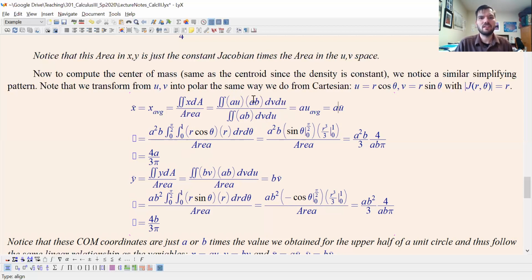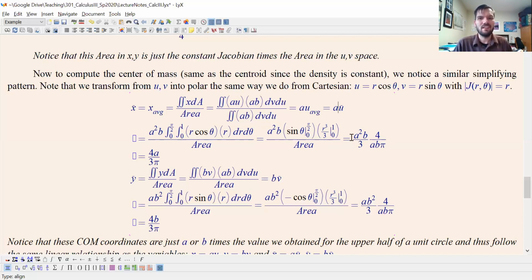Factoring out the constant Jacobian and the constant a, we get this a squared b on the outside. And then we integrate cosine, we get sine. Evaluated, we get 1 minus 0. We're integrating r squared, we get r cubed over 3. Evaluating, we get 1/3 minus 0. And that gives us the ratio of two fractions, which is the multiplication of the first times the reciprocal of the